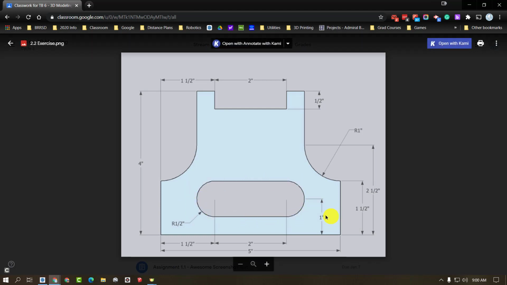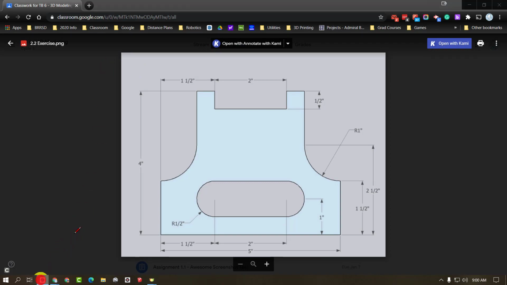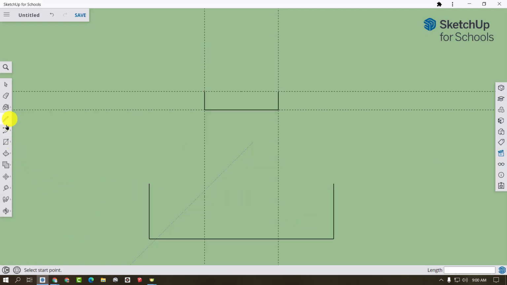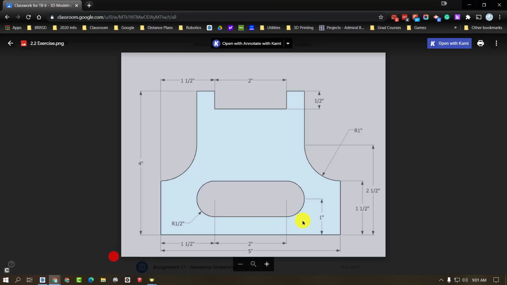What I know about this bottom part is this line here is the center of our circle, and it's 1 inch from the bottom here. So I'm going to make that line from the bottom, and that's going to be another guideline. So our guidelines go up to, that's 1 inch, right there, like that. Okay, so now if we're looking at what we have back on the drawing,